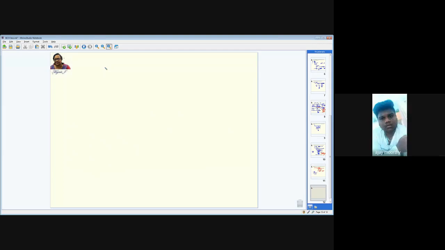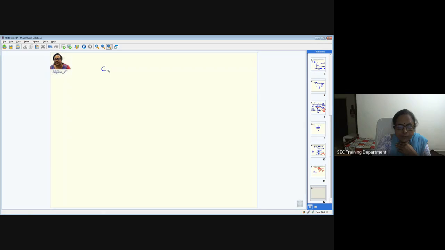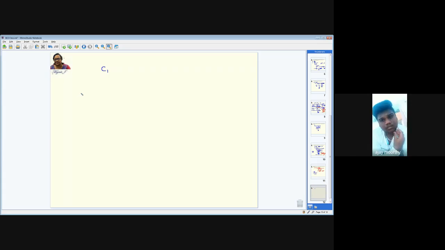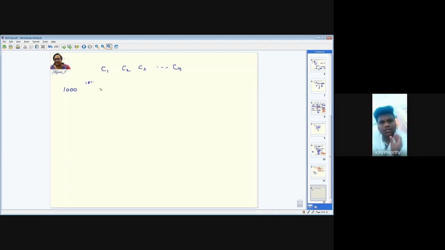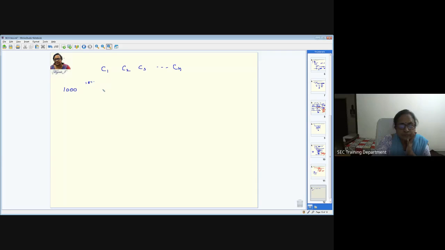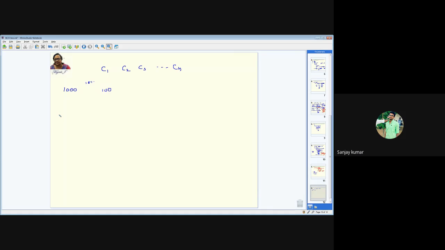See here, compound interest. Let me consider the compound interest for the first year to be C1. Let the compound interest for the second year be C2. Third year will be C3 and so on. So any year you can find. Individually, for each year you are going to find the interest alone. For example, the same example, 1,000 is the principal, 10% is the interest. I say 10% interest. So what will be the C1? 100.